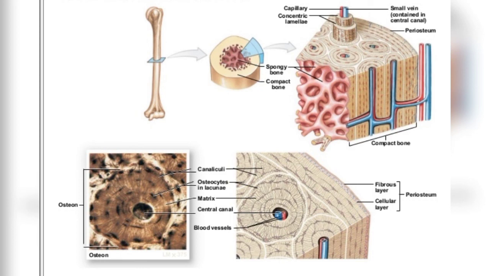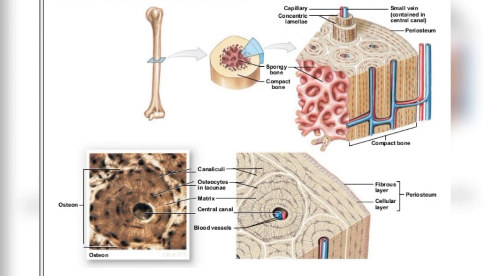Now what is the main function of the bone? Bone forms the framework. Of course, without a framework our body cannot stand properly, right, dear students? So the bone forms the framework which supports the body, and the muscles attached to the bones help in the movement of our body. It also anchors the muscles and supports the main organs.